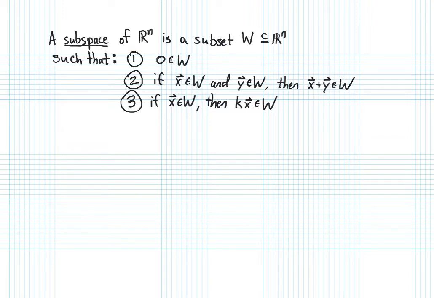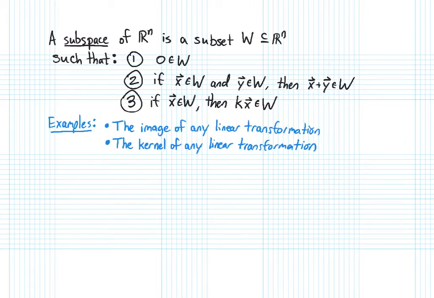So these are exactly the three properties that we just saw that the image and the kernel of a linear transformation satisfy. So that gives us a big set of examples, that the image of any linear transformation and the kernel of any linear transformation, those are both subspaces. But there's actually another class of examples that we've sort of seen before, and that's the span of any set